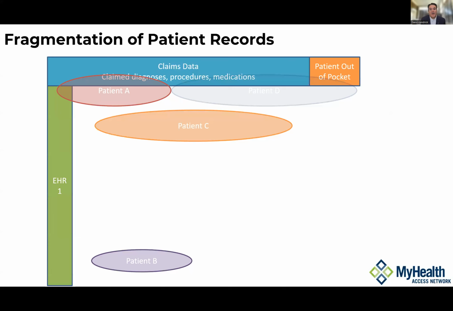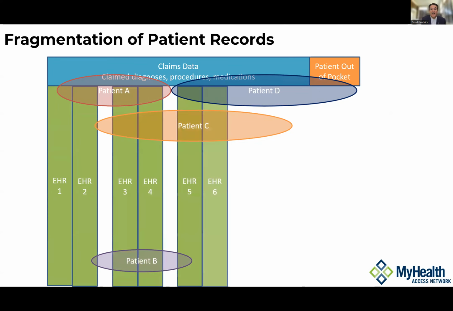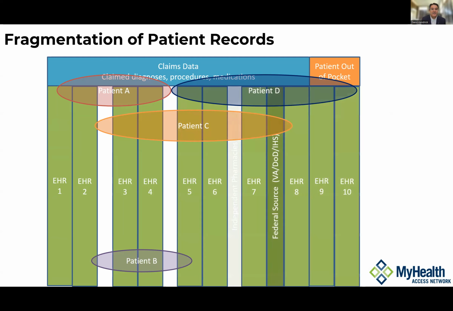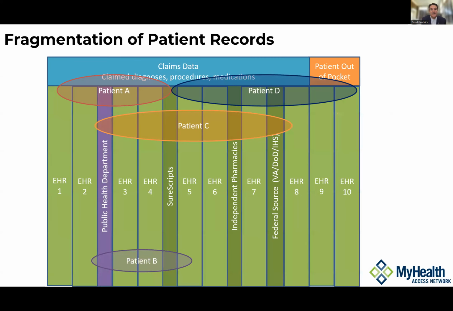So what's not always obvious, I think, unless you're actually providing care to patients in multiple organizations, is how fragmented it is. What this chart shows is that claims data, we like to say, is a mile wide but only an inch deep, because it does have most diagnoses and procedures, because those are charged for, but it doesn't have vital signs and lab results and other critical events in the information. On the other hand, each of those EHR columns, which are separate clinics or separate health systems, are a mile deep but only an inch wide, because as you can see, real patients tend to have data in multiple places, as I'll show you in a moment.